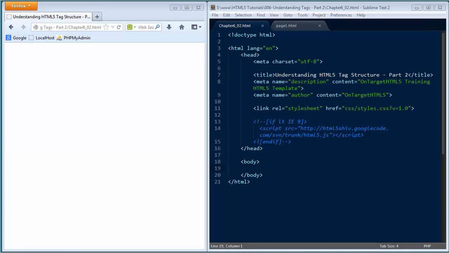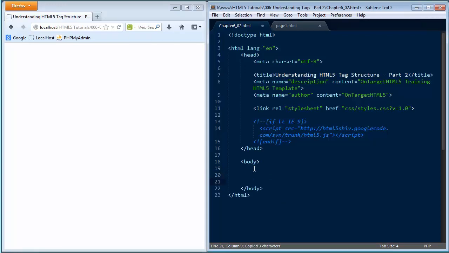All right, so let's go ahead and demonstrate using that A tag inside of our development environment. The first thing I'm going to do, I've got my chapter 6_02.html file up and loaded in my text editor. It's also loaded in my browser window. When I refresh it, nothing is displayed because obviously we have nothing in our body text. The only thing that we're actually seeing is the title, which goes across this tab on the top of our browser window. So for my exercise files, I'm going to go ahead and bring in example number 5